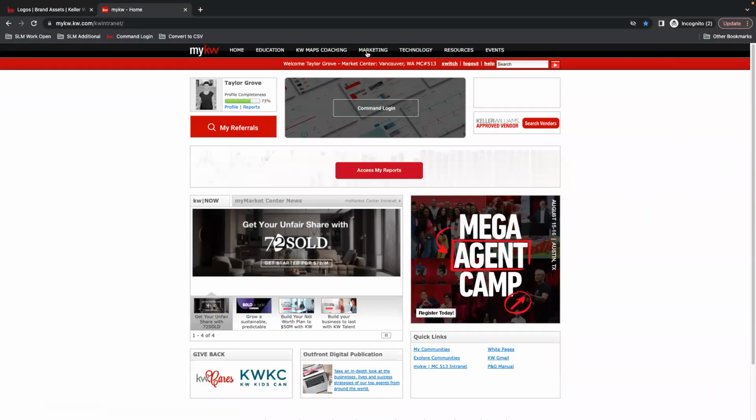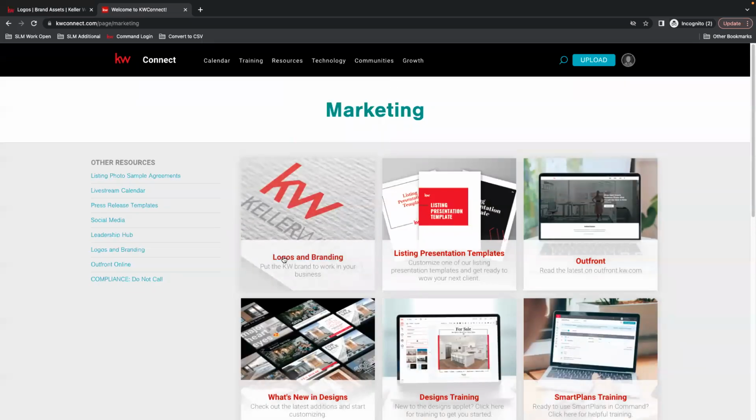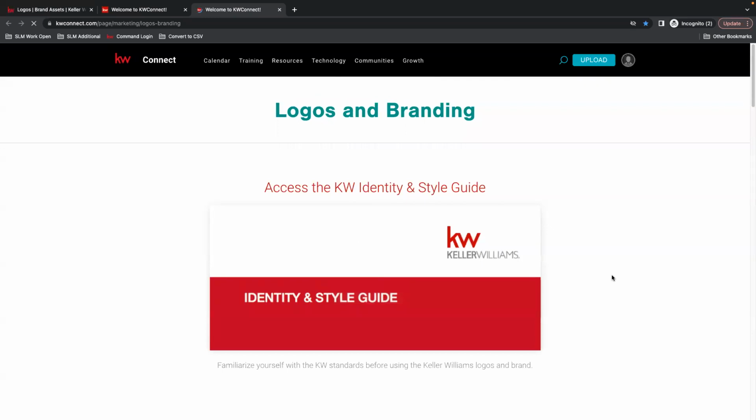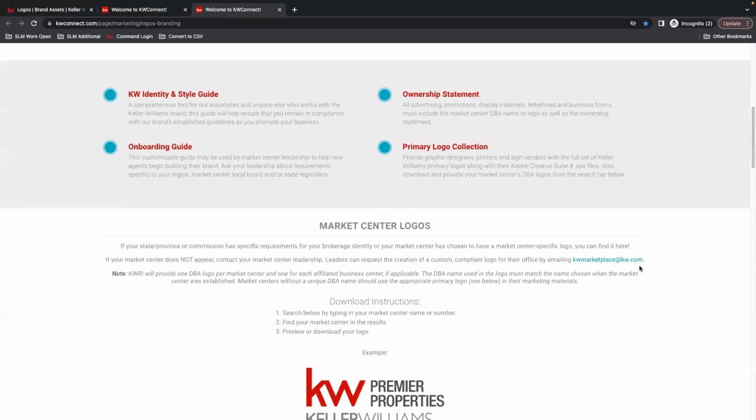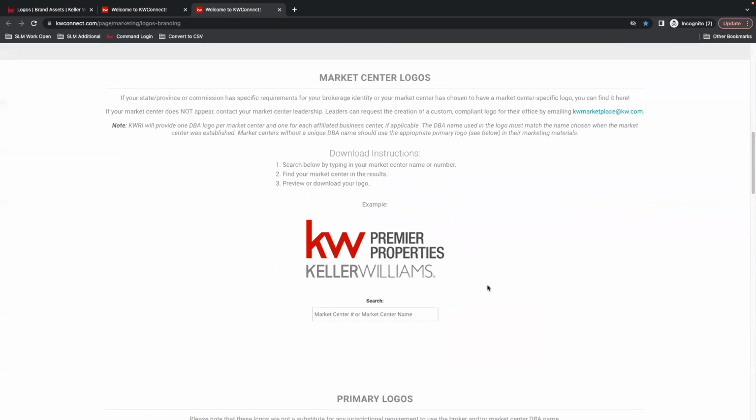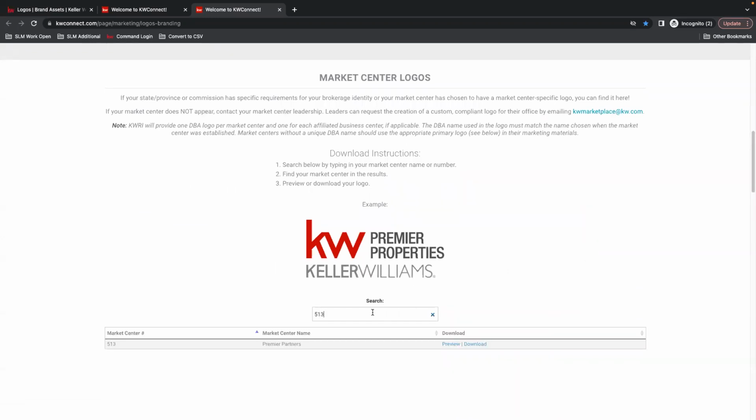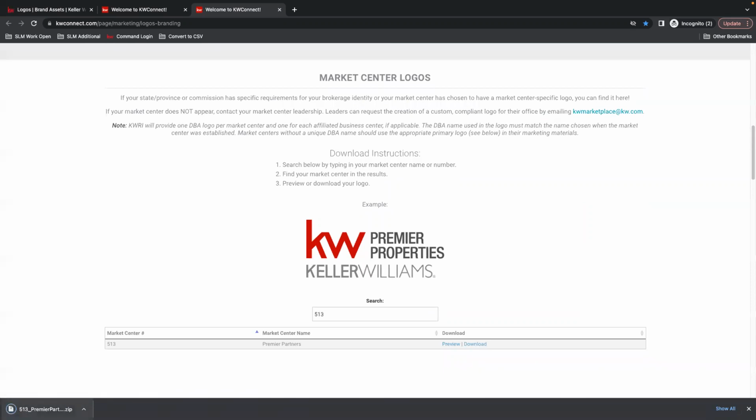There we go. And then in the middle at the very top is a label for marketing. And then that first section within KW Connect should be logos and branding. And once you get to this page, if you scroll down a little bit, you can actually search for your market center based on name or market center number and download the file of all KW International approved logos. So if I hit download here, I'll get a zip file where all of the logos